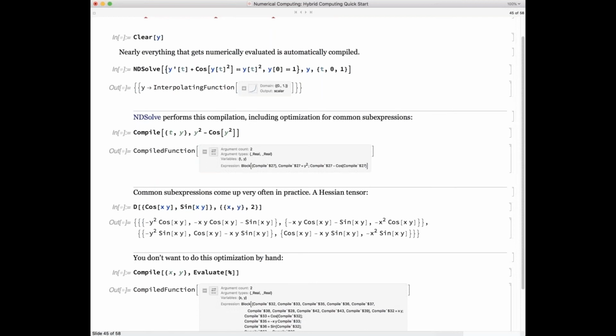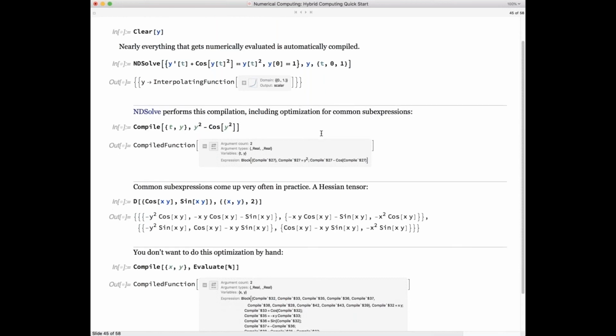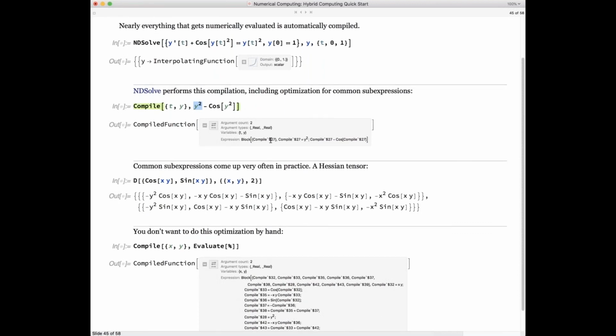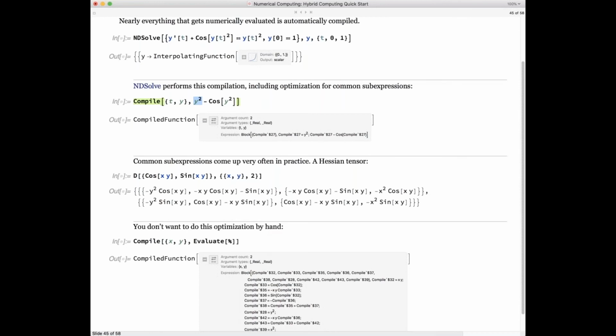The expression y squared minus cos y x squared contains the sub-expression y squared in two different places. Wolfram Language detects this fact and introduces a temporary variable. So you see there's a temporary variable like compile channel $27 to ensure that y squared is only computed once. In this example, the gain may be fairly small, but common sub-expressions like this come up surprisingly often in real